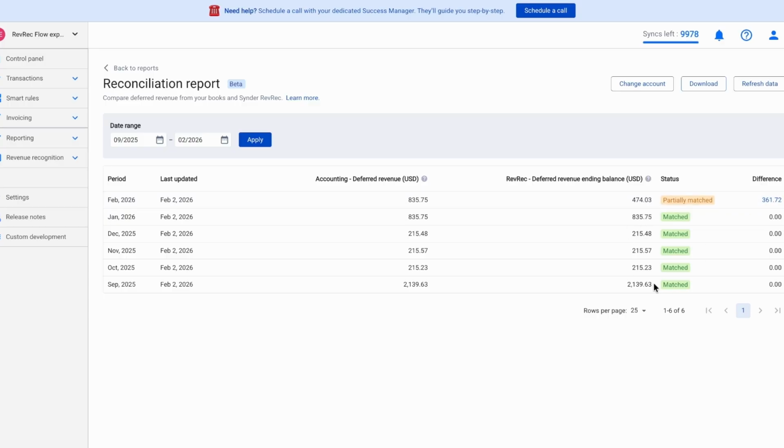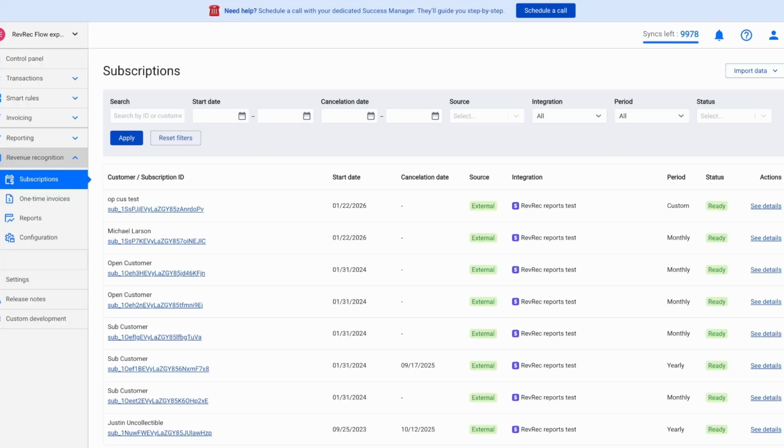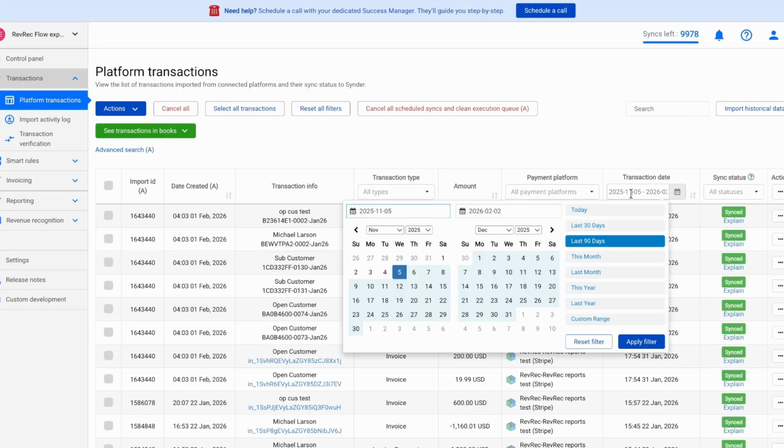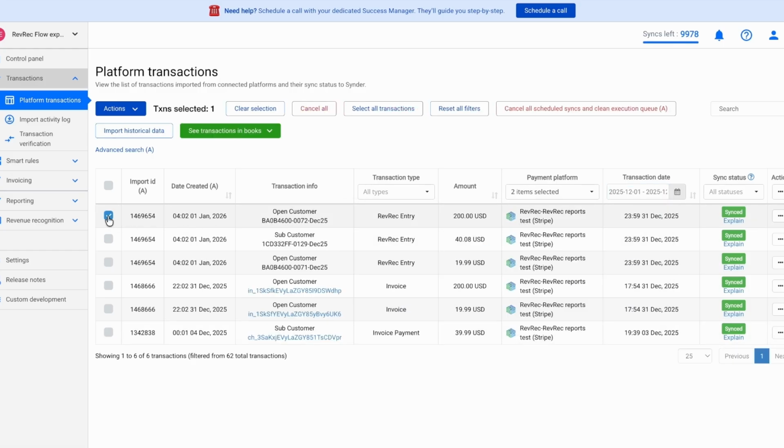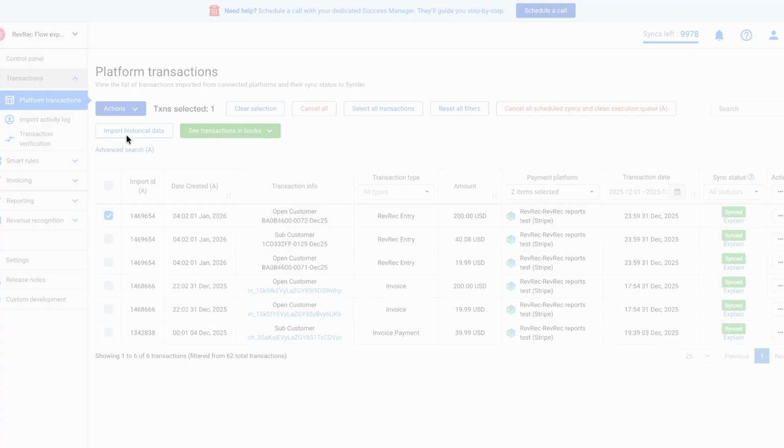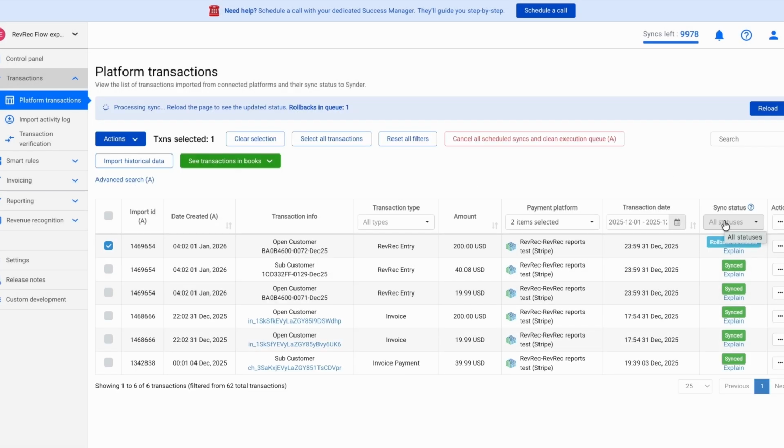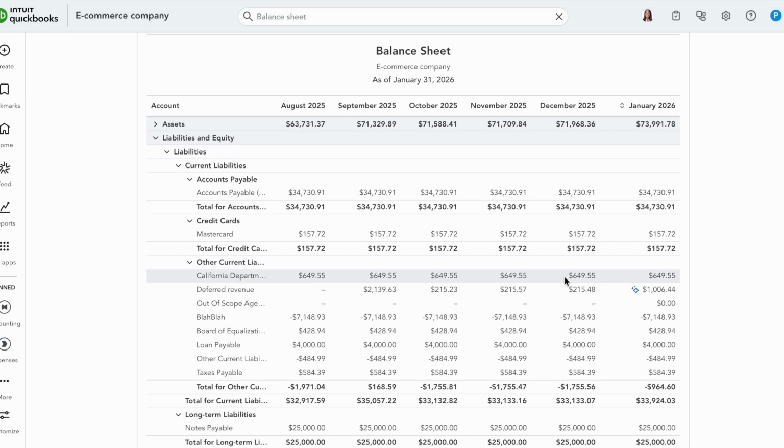But let's imagine that somewhere in December, you have an issue. So let's go and roll back any of December's transactions. So let me roll back this one. So now it's not in my books. And let me do a few more adjustments here to show you more use cases. So for December here,